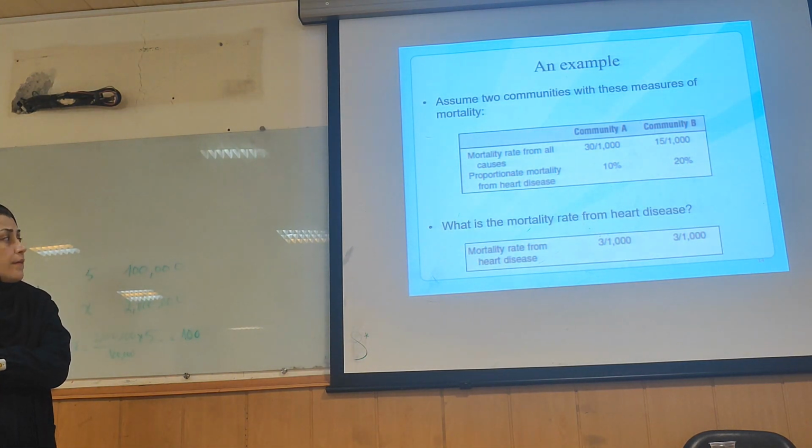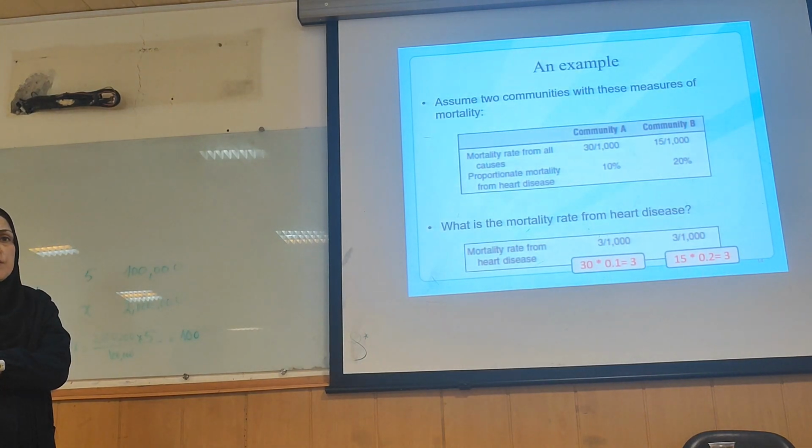So the mortality rate is 3 per 1,000. Very good. If we know that the total mortality is 30, and we know that 10% of this is related to heart disease, so the mortality rate from heart disease would be the multiplication of these two to each other, so it would be